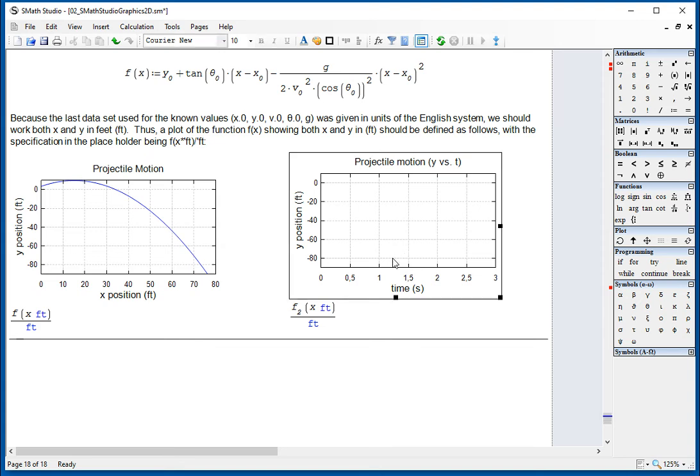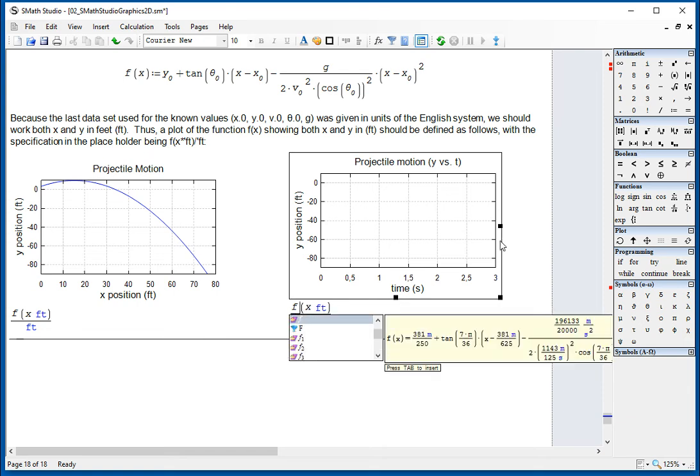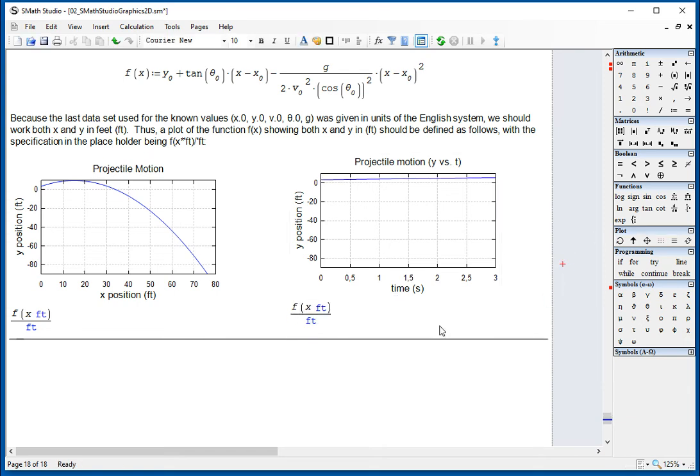Oh, of course. It's F, not F2, so I get this extra 2 here. I'm going to go to the right, delete. Recalculate. Well, let me